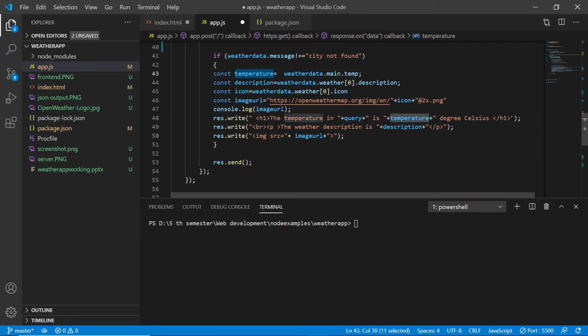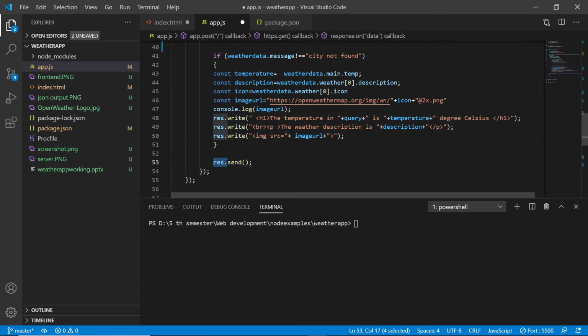We are returning it in the h1, and the weather description is this description inside the paragraph tag, and inside this image tag we are writing this image URL so that we get that icon. Inside the src we are passing this image URL, and using this send method we will be able to send back everything which we wrote inside these write methods.